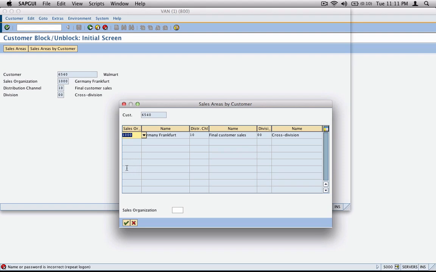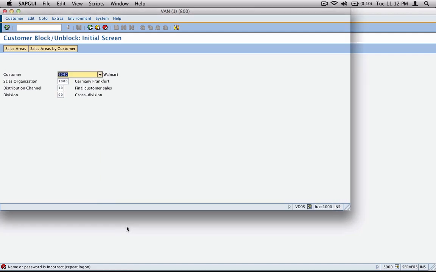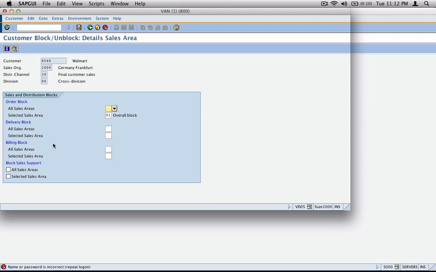If there are multiple sales orgs, let's say Walmart is a customer for your company in Germany, Switzerland, US, Canada, so on, just select the right sales org and then click OK. Then hit enter, and as you can see, this customer 6540 is blocked for this sales area 1000